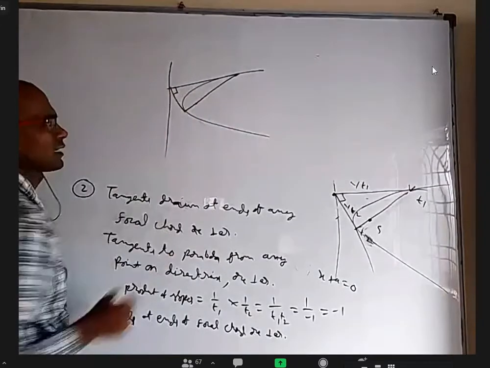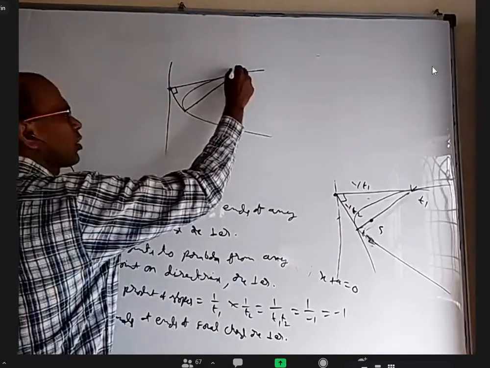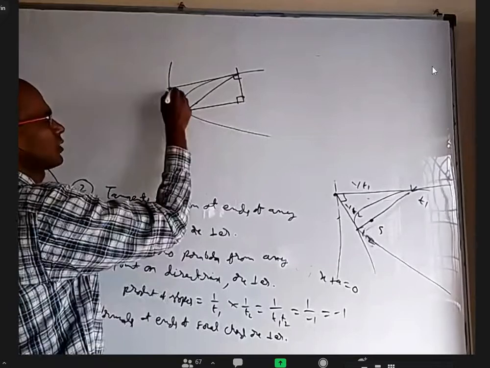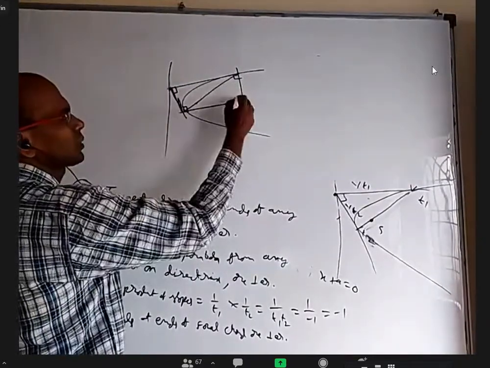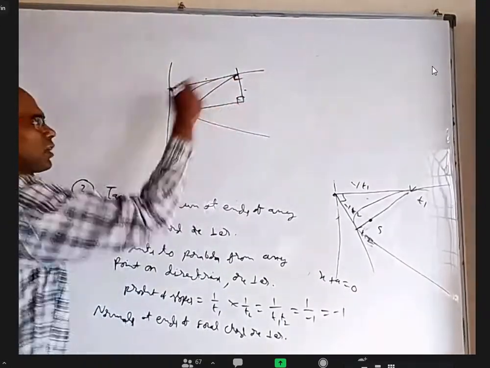They will definitely intersect on the directrix, and that too they are perpendicular. And the normal here, this angle is 90, this is also 90, this is also 90. Draw properly. So if tangents are perpendicular, even normals are perpendicular, and one tangent, one normal perpendicular. It is always a rectangle.